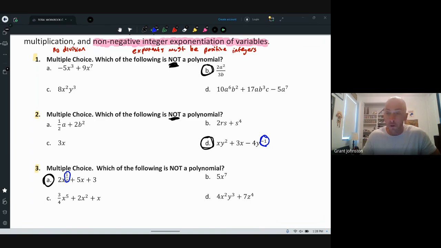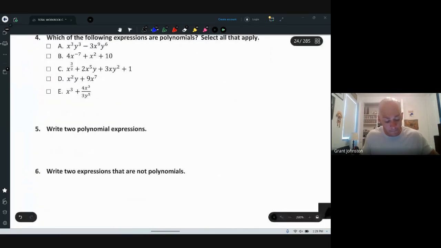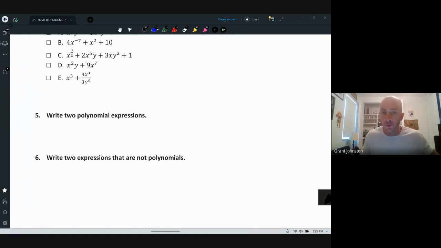You can have fractional coefficients. So like C is fine because that 3/4 is not an exponent. But A is not good because you have a fraction as an exponent. You can't have fractional exponents. You can't have negative exponents. That's not considered a polynomial. So I'll let you do number 4, and then you can come up with your own too for